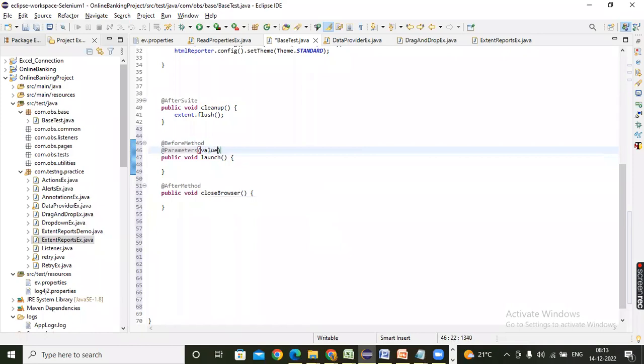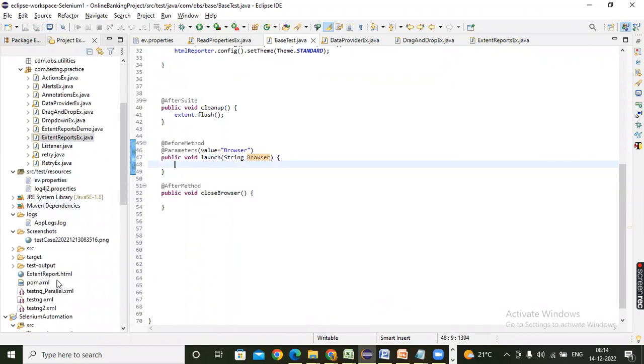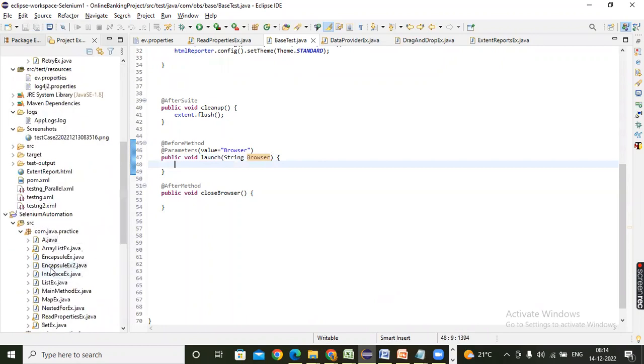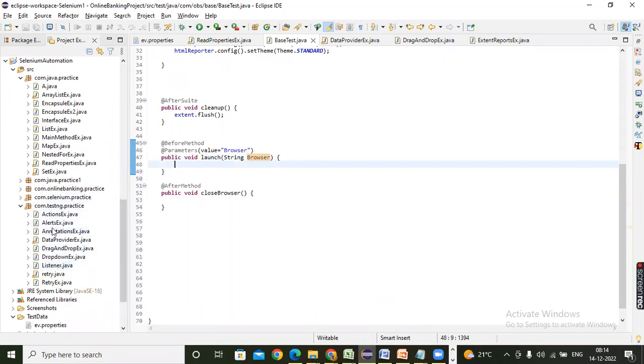Guys, we can give the browser name and we can give an invocation count. So to get the parameter from the testng.xml, you can refer to this class, guys. What I told you, right? So you can refer here to TestNG